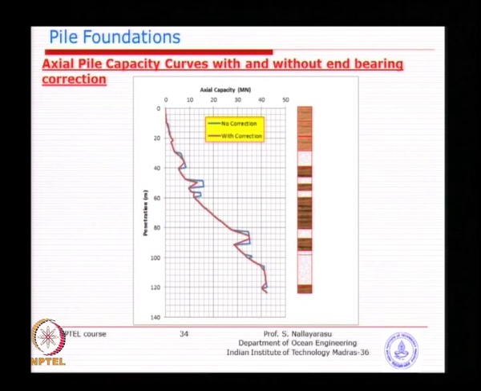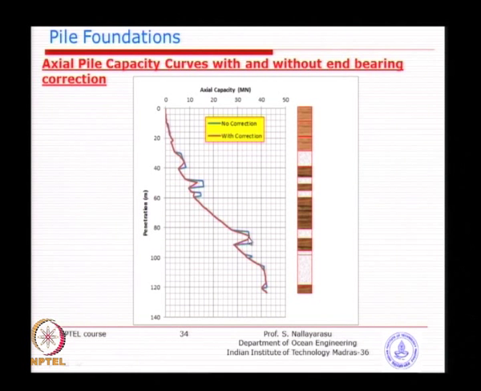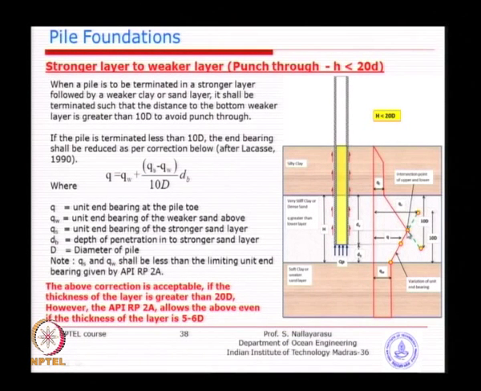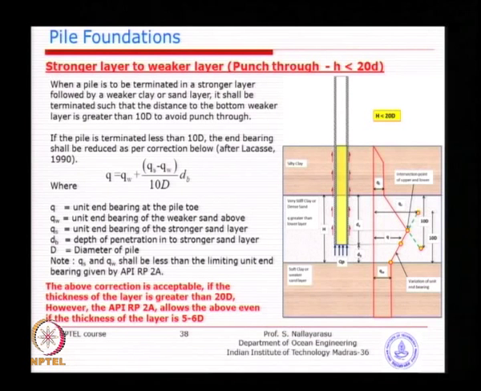You will get full capacity only when the depth of the layer is bigger than twice the requirement of 3D or 10D, whichever is used. So, you need to understand that you are not going to get full capacity unless that is the case. So, you have not actually come to the maximum. The maximum is somewhere here. You see, when you are looking at a backward reduction, the maximum is somewhere here, whereas the forward reduction comes to meet here, so you can't achieve both capacities, either the capacity of the stronger layer.